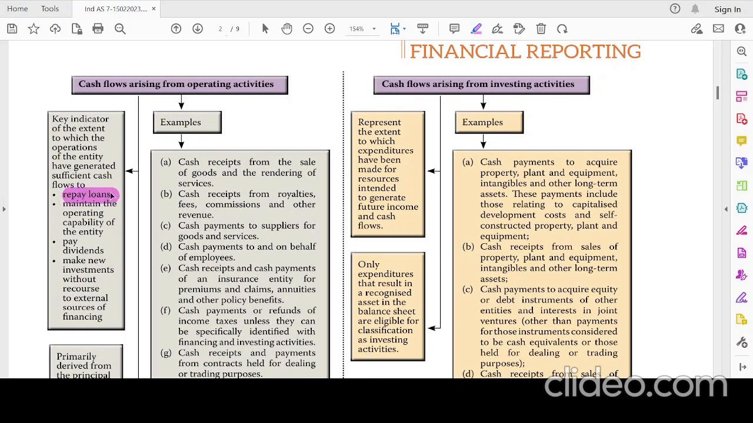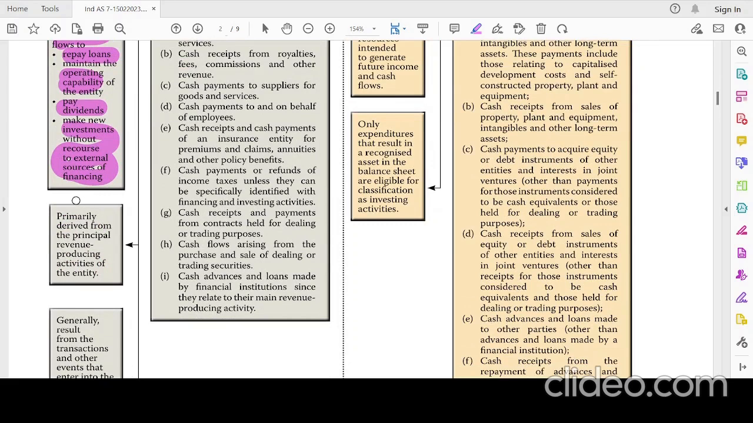Repayment of loans. Key indicators of the extent to which the operations of the entity have generated the cash flows to repay the loans, maintain the operating capability of the entity, pay dividends, and make new investments. Source of financing. It is primarily derived from the principal revenue producing activity. Principal revenue producing activities. What are those? Those could be